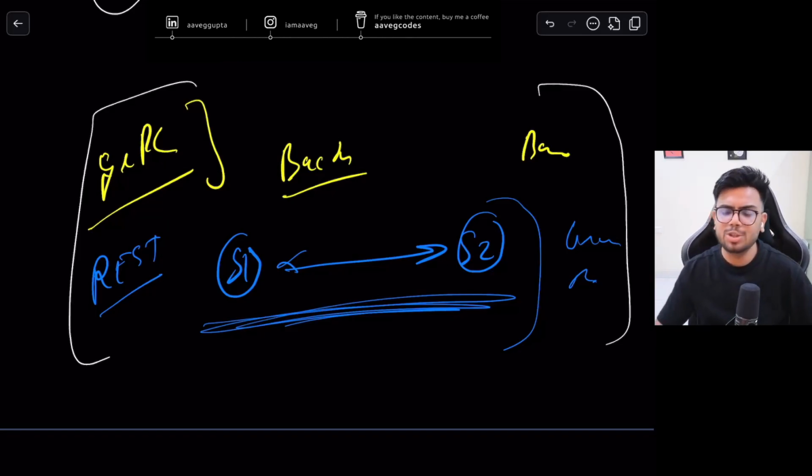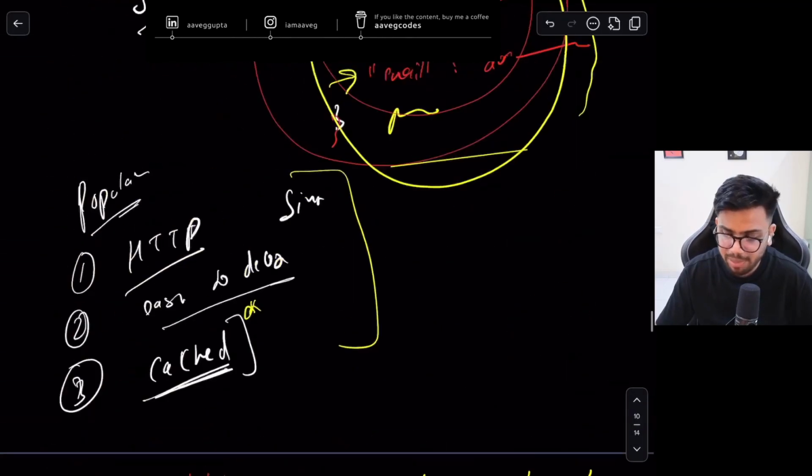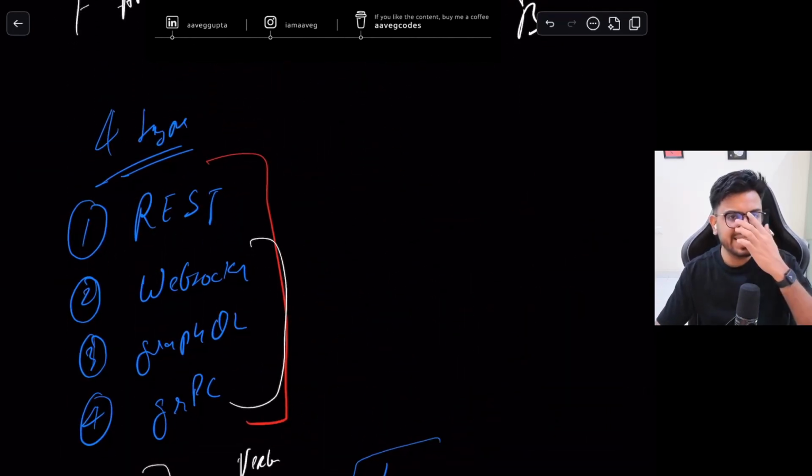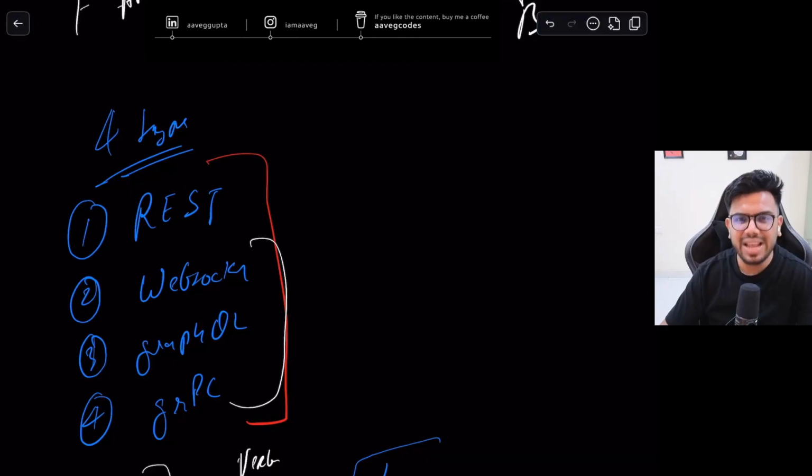Okay, so now the next question arises. We have four different types of APIs, four different types of contracts, but which one to use? Honestly, you can use anything. Firstly, it depends on the use case. If you want real-time communication, you can use WebSocket. If the front end is asking for multiple resources at the same time, let's say it wants the user, its posts, and its comment section, everything at the same time,